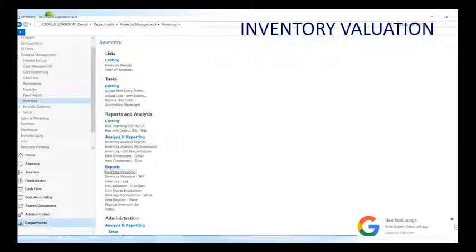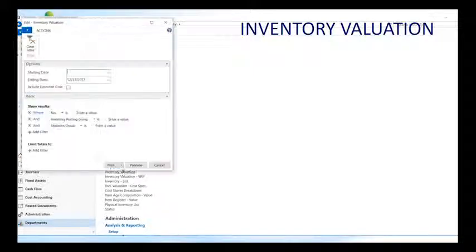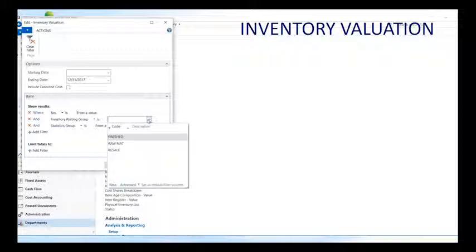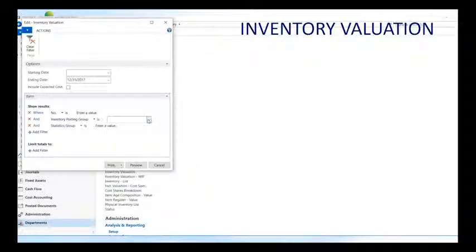Here, the report always shows actual invoice amounts, and that is the cost of entries. Let me open the report, inventory evaluation, okay. That have been posted as an invoice, okay. The report will also print expected cost of entries. I'm just selecting the last day. That have been posted as received or shipped. And if you select the include expected cost field on the options fast tab, let me show you. This will give you